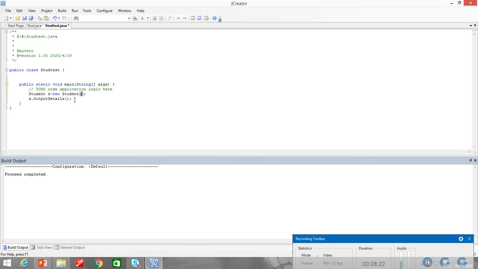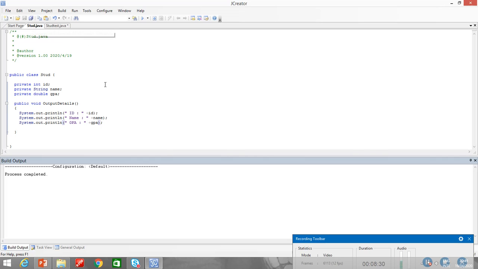Now here, when I call this method s.outputDetails, what should it print? It should print the default values of ID, name and GPA, because I have not yet assigned any values to ID, name or GPA.